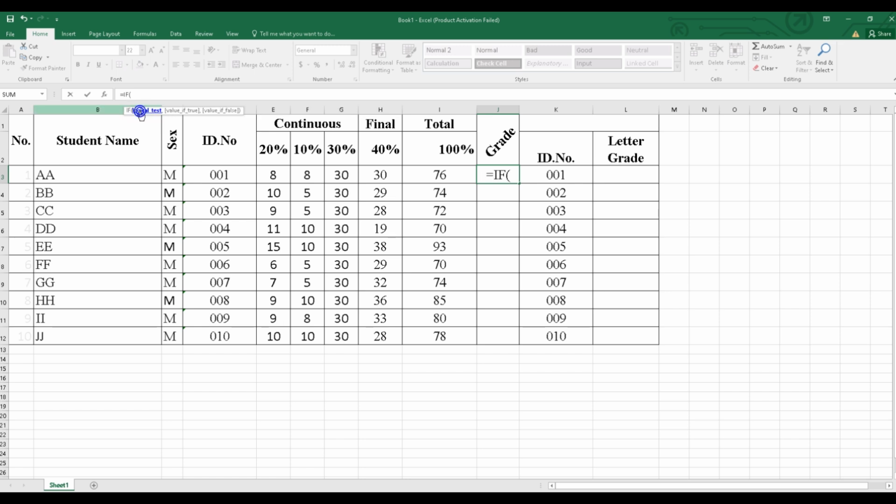Now enter your logical test. I3 greater than or equal to 90, comma, the grade will be open quotation mark, let's say A plus, close the quotation mark, comma, if, open the bracket, I3 is greater than or equal to 85,